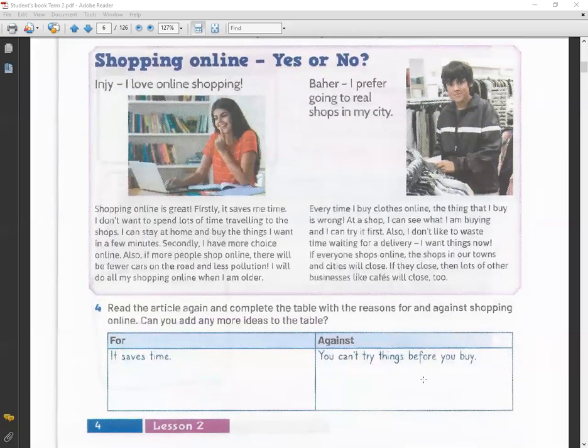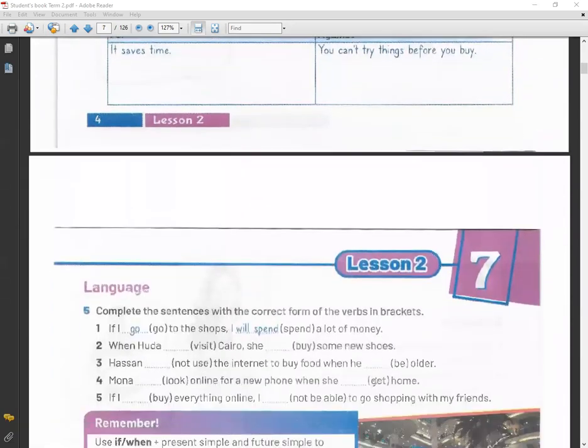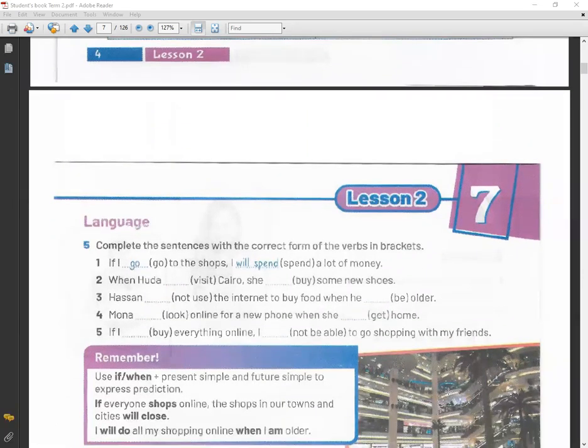Here is a table, please classify all these texts into two categories. The first one is for, and the second one is against shopping online, related to the text that we read together now. The second part of lesson two, this exercise discusses another grammar topic, which is the first